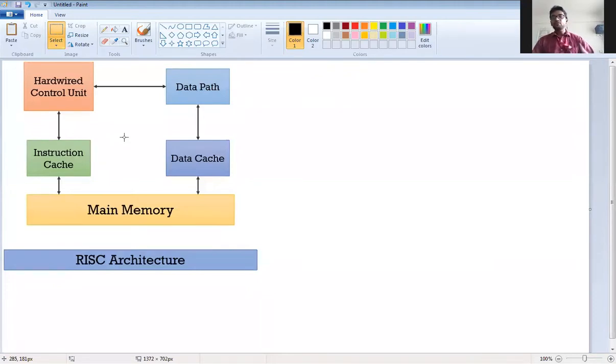Okay, but what was the disadvantage of Harvard architecture? It was using two separate instructions. Two separate instructions were required for accessing the program memory and data memory. But here, the same instructions will be there to access the separate data memory. Getting? This is possible because of this data path and this hardware control unit. Because of this unit, a single bus will be there, which is used to access both the program memory and the data memory. So this is your RISC architecture.